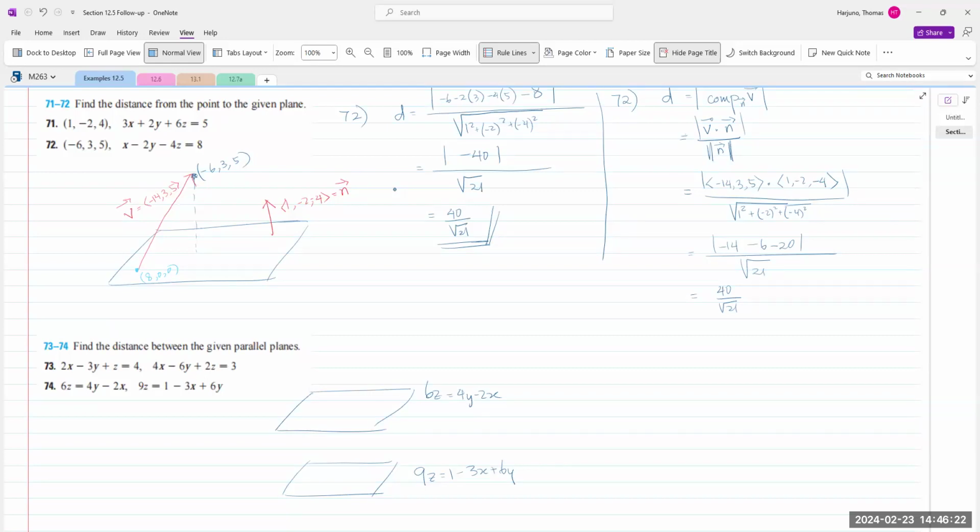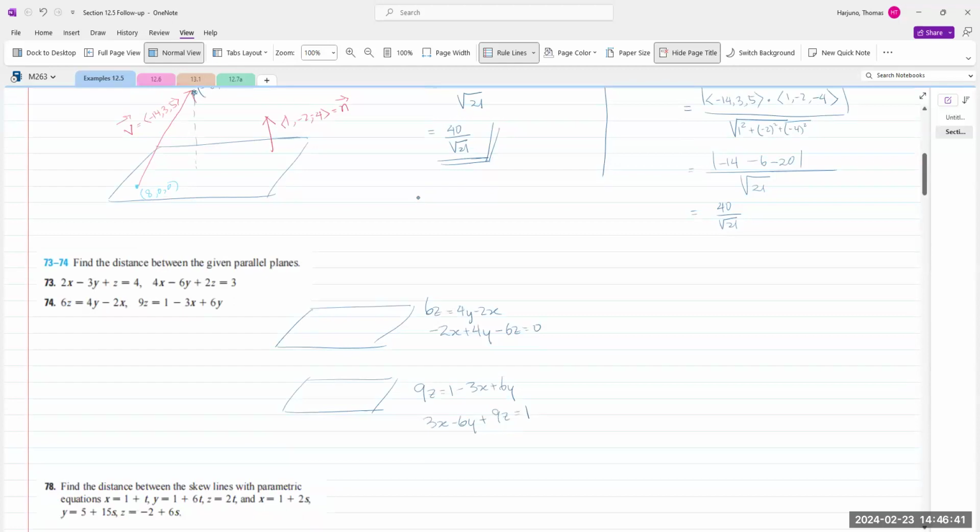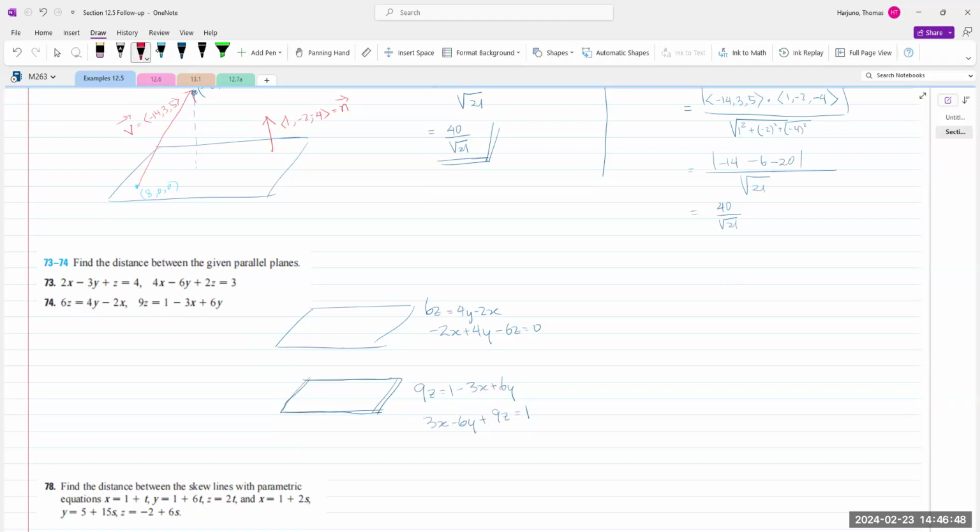In this case, I will write this as -2x plus 4y minus 6z equals 0, and this one here is 3x minus 6y plus 9z equals 1. Now let's say I will use this plane here and find a point on it,